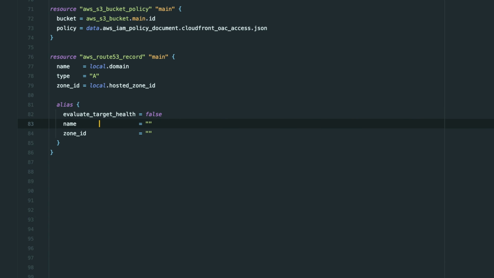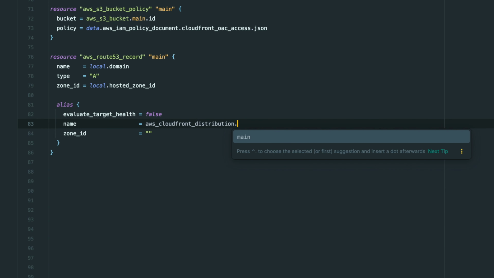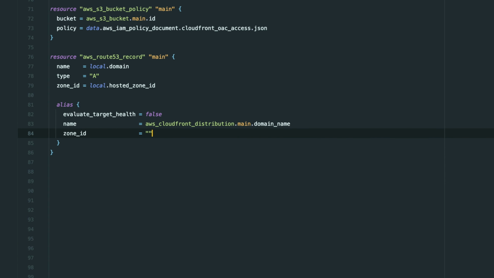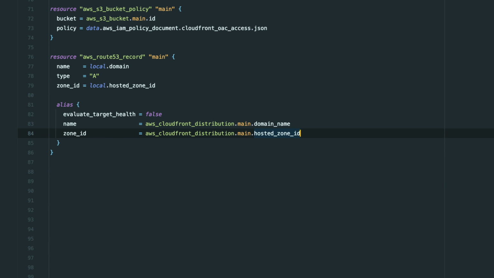In here, I need to set 2 parameters. The name, which is our auto-generated domain name for our CloudFront distribution. This I will retrieve from our CloudFront Terraform resource. The zone ID in here is not the same as for the hosted zone for our custom domain. This is a built-in hosted zone for our CloudFront distribution, meaning we can also retrieve this from the CloudFront distribution resource. Now we have defined all the resources needed to replicate all that I did in the AWS console, meaning